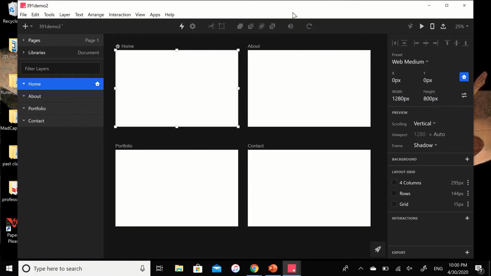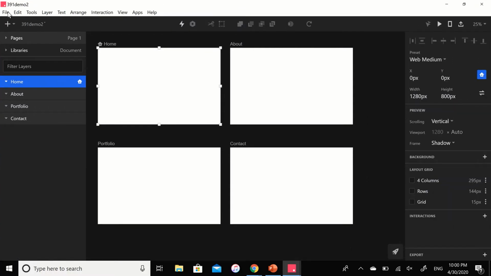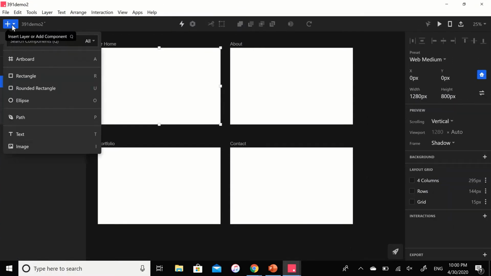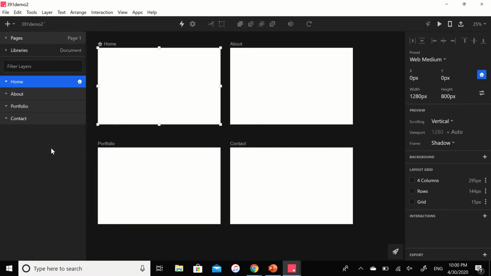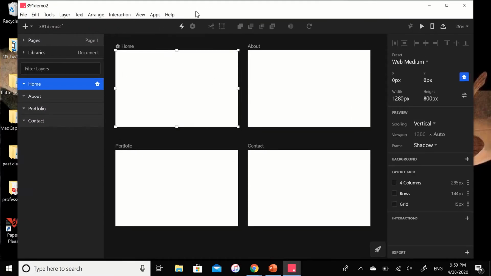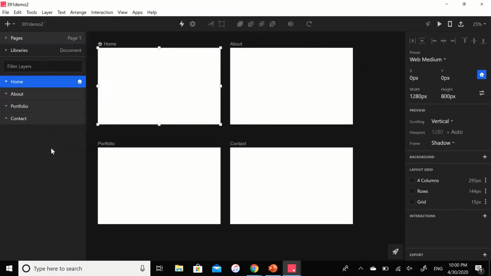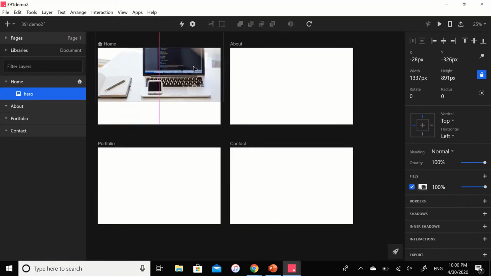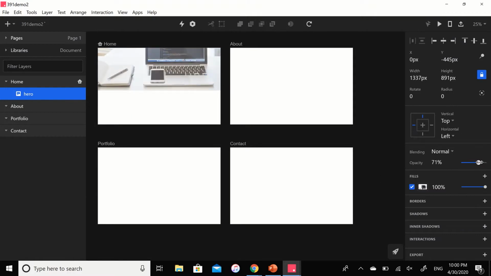But mostly we're going to be working with the symbol on the left, which is a little plus sign or cross, and that'll allow you to add different shapes, some images, text, and new artboards to your project. So again, I'm going to be mainly relying on that upper left-hand icon that is labeled, if you hover over it, insert layer or add component,